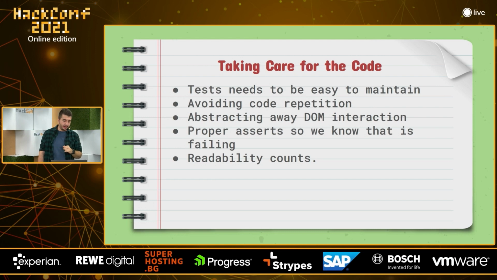I'm going to show this in a minute. Proper asserts, so you know what exactly is failing, which test, better test naming. You're asserting that there should be a button that is red and it's named cancel. And if there is no such button, or it's grayed out or something, you need to know what exactly is going wrong when you see an error.